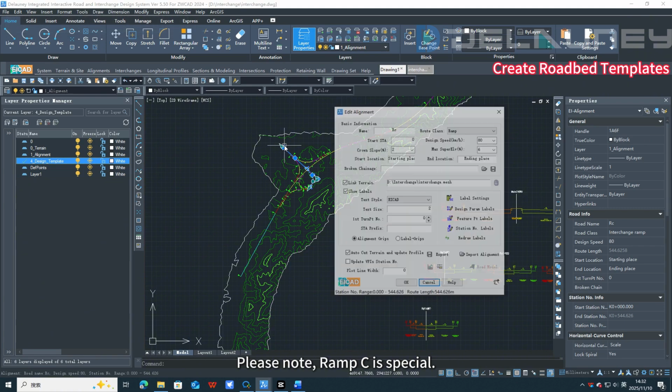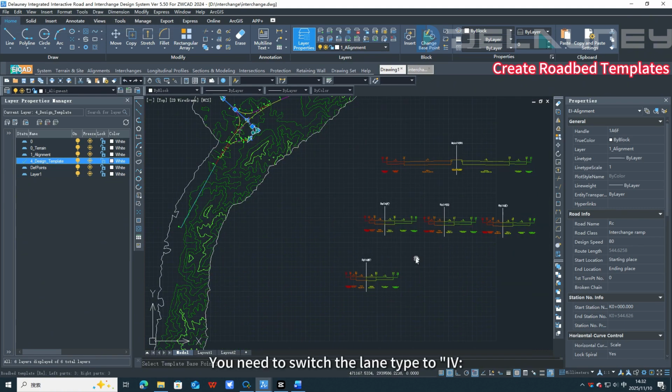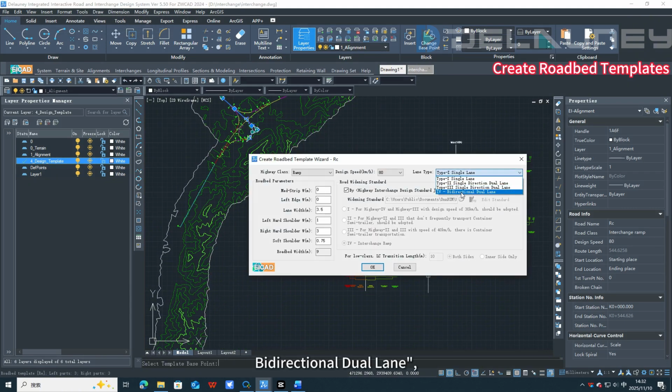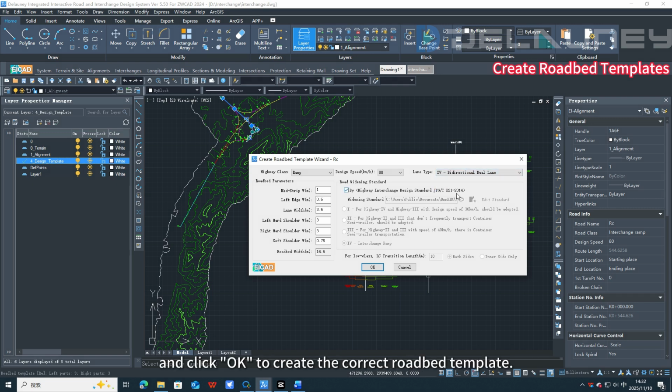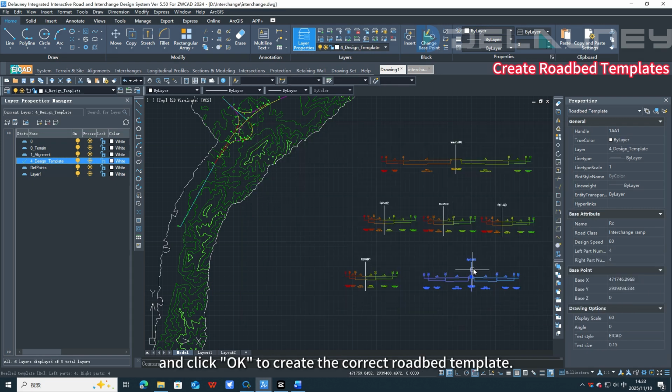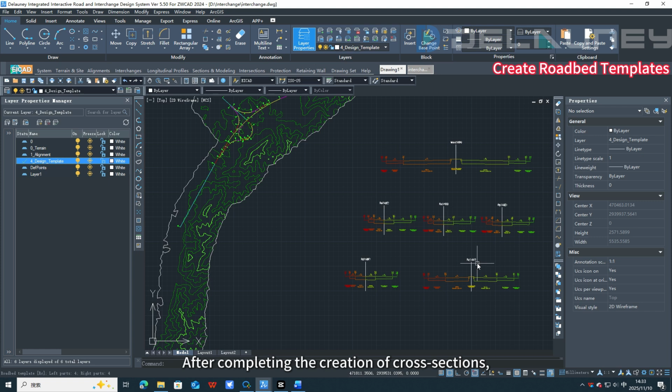Please note, ramp C is special. You need to switch the lane type to 4, bidirectional dual lane, and click OK to create the correct roadbed template. After completing the creation of cross-sections, EICAD can automatically read these roadbed templates and generate all route offset curves